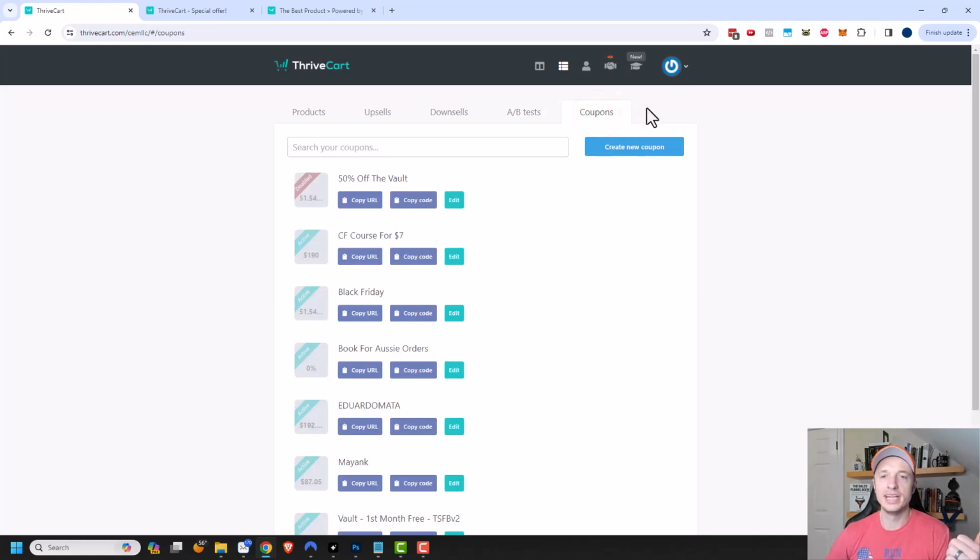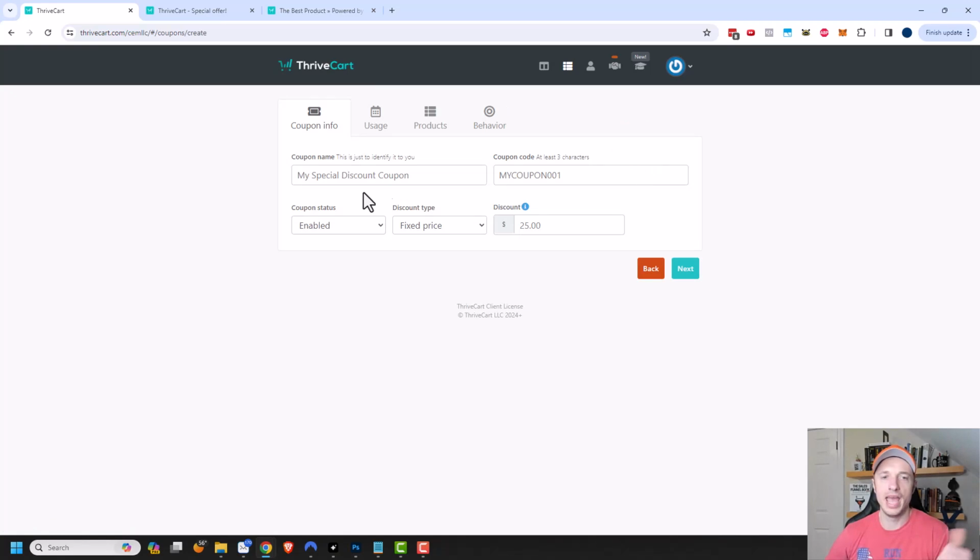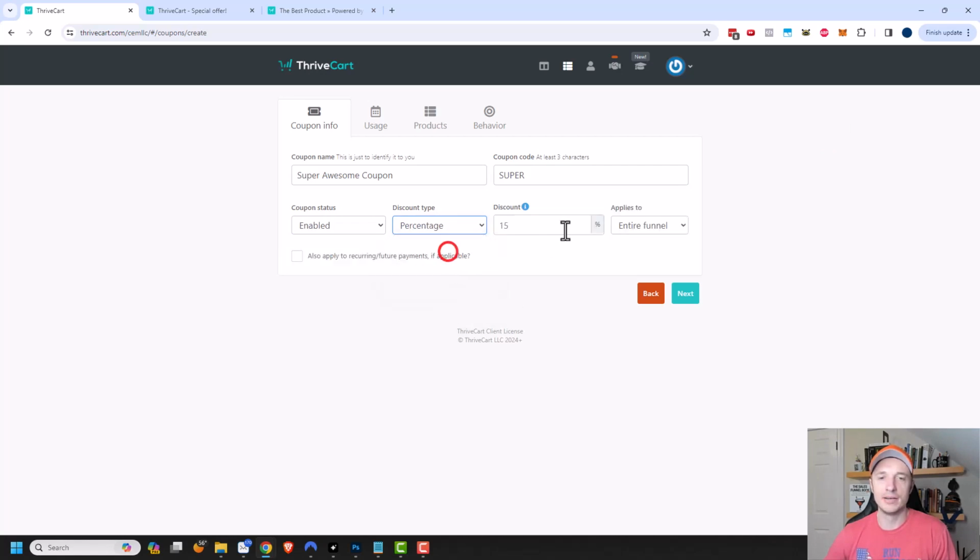We also have the opportunity to add coupons to products. So I'm going to go ahead and create a brand new coupon real quick. And I'll call this my super awesome coupon. And I can design a coupon code. So I'll just call it super. And then we need to go ahead and make sure our coupon is enabled. And we could do a fixed discount or a percentage or maybe free shipping. So a few different options. I'm going to do a percentage. We'll just do 15%,